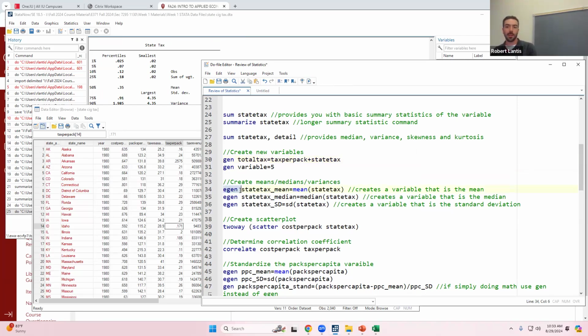So if I use the egen command, I can still create variables. I want to create the first one, which is the state tax mean, so the new variable name is state tax mean. When I put egen in there, Stata has almost like code behind the scenes, stored, and when you say egen, it can access those. I'm maybe not explaining this in the technically correct IT way, but this is the way I think about it, and I think it's easier to think about it that way.